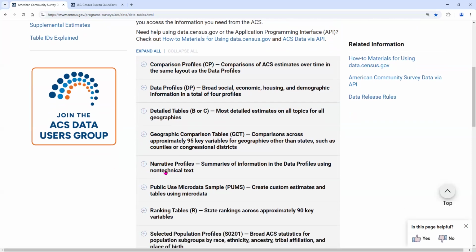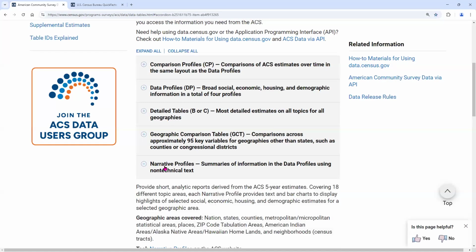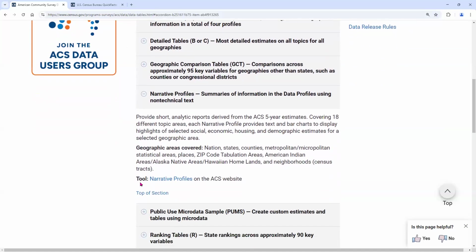But the narrative profiles is right here, as you can see. Go ahead and click on narrative profiles, and that should lead you to the tool called narrative profiles on the ACS website.